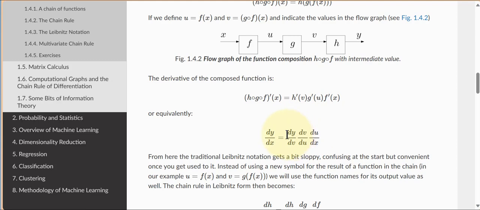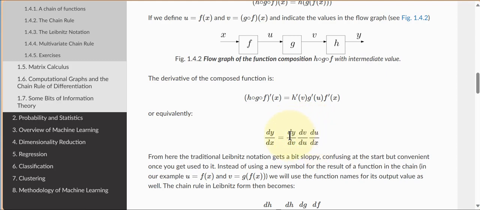And here, the notation is very suggestive, because it says we want dy dx. See, y is the output, and we want the derivative of y with respect to x, which you can think of as what happens when you change x by a little bit. How does y change? That's what the derivative is asking. So, of course, when you change x, it's going to change f, that's going to change g, that's going to change h, which is y. So yes, it is going to change, but we want to know how much it changes. And that's what this is asking. And the answer turns out to be